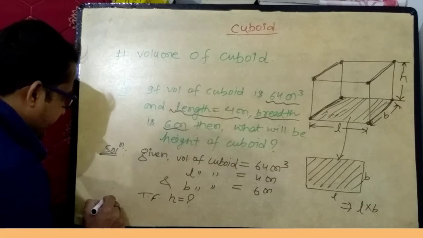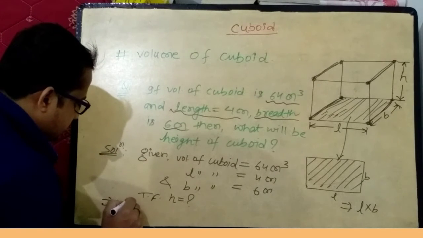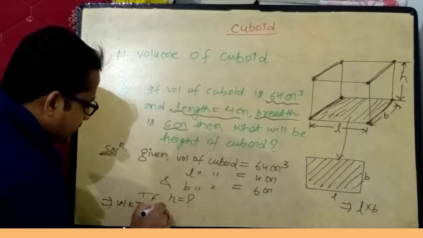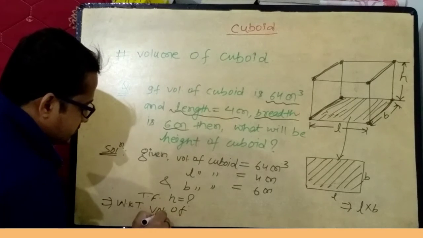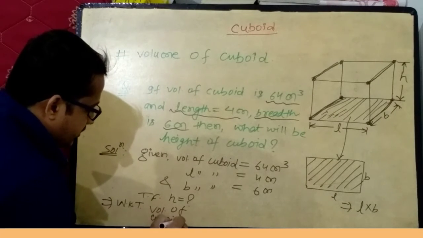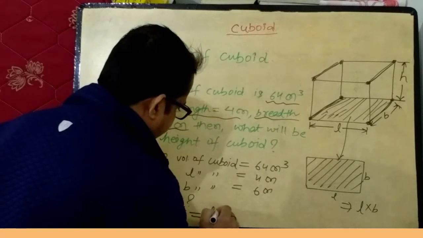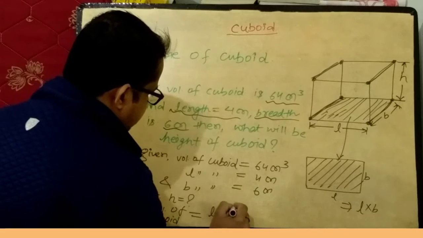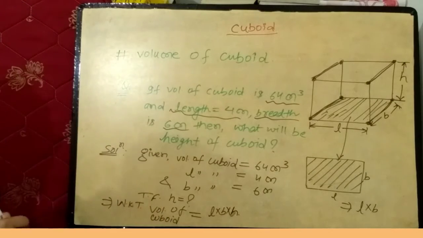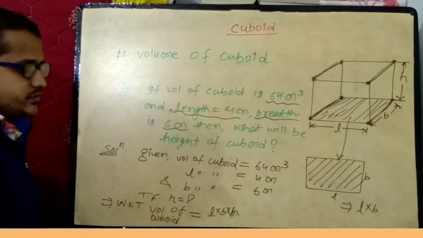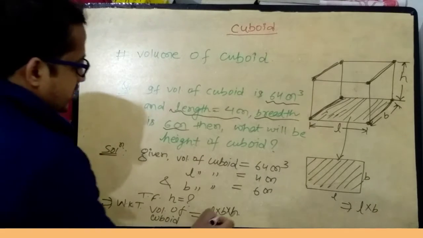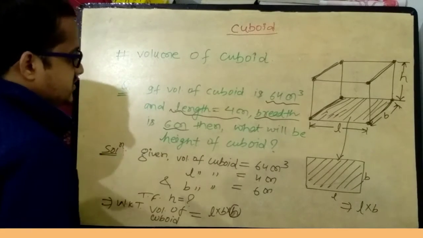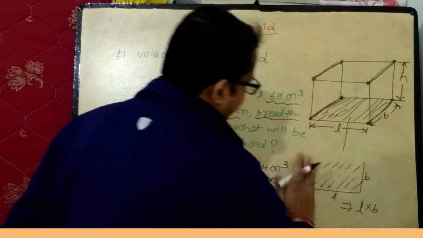Earlier I have explained, we know that volume of cuboid equals L into B into H. Out of these 4 variables, volume is given, length is also given, breadth is also given. Now you have to find out H. So in order to calculate the value of H,